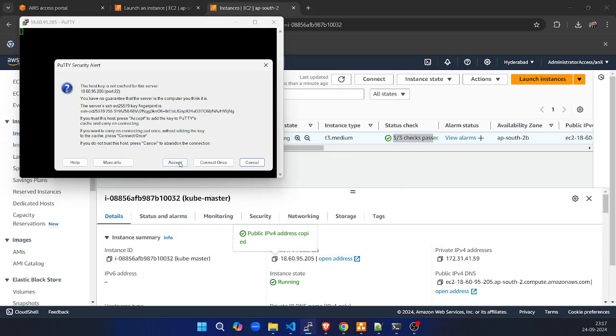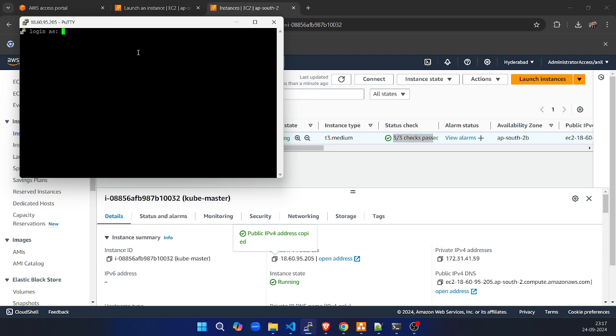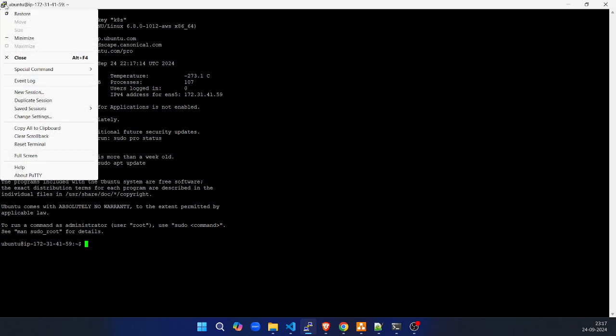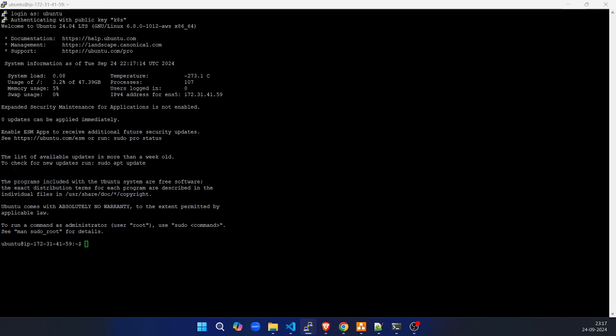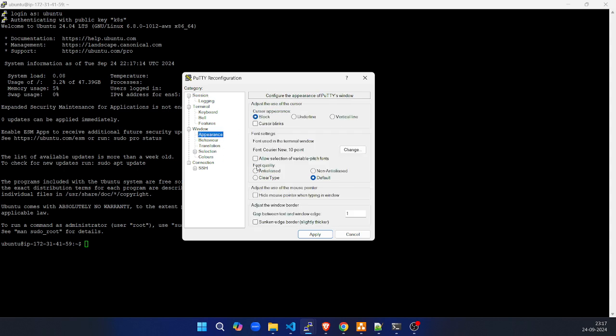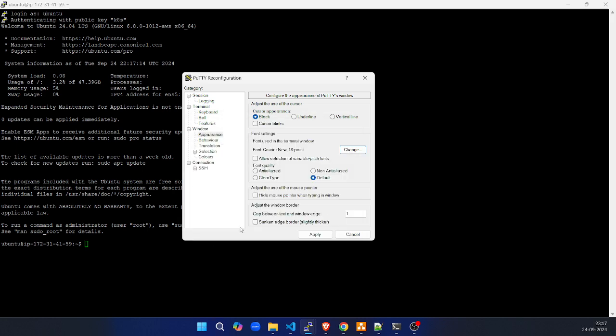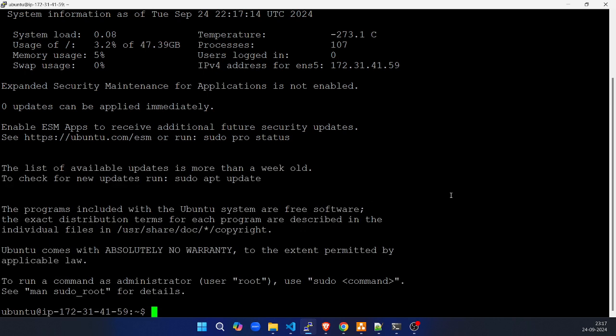Accept that, and its user will be ubuntu. It is logged in. Let me increase the size. Appearance. I think 18 will be fine. Okay, now first let me tell you,